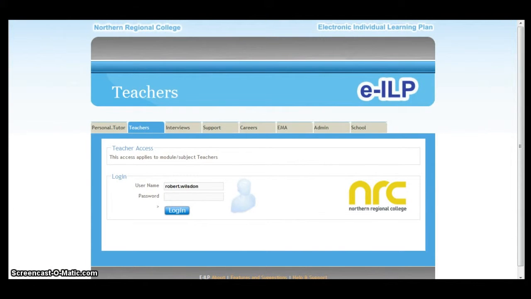Hi, in this video I'm going to be demonstrating the ILP system, and we'll look at the two main levels of access within the ILP system. First of all, we're going to have a look at the teacher level. If I select the teacher tab and come down to the bottom, it'll pre-populate the username with your own username, and all we have to do is enter in your standard college network logon